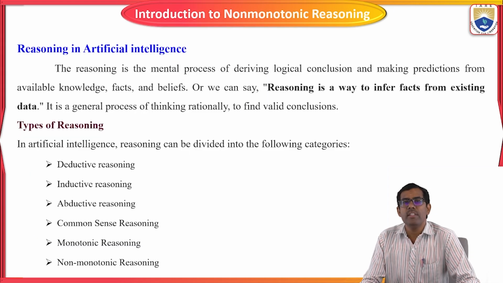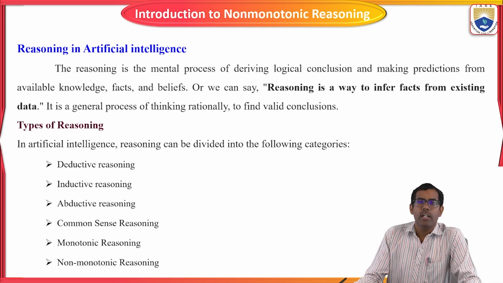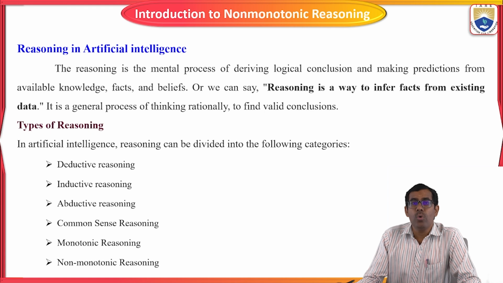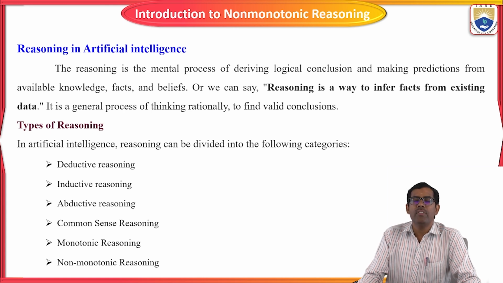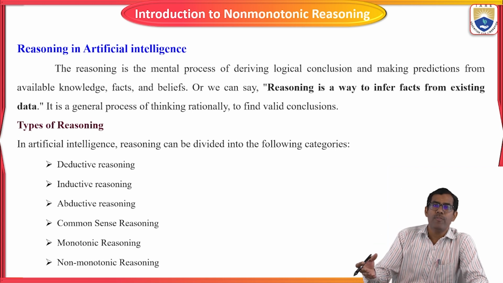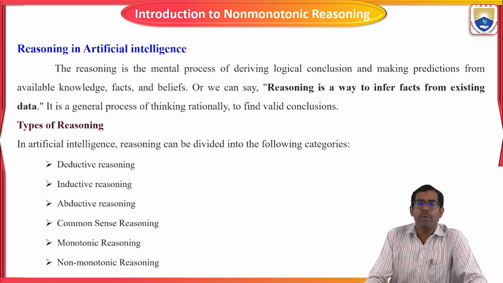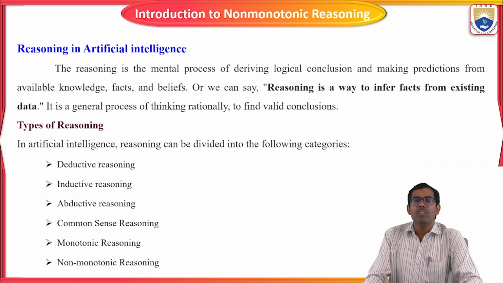So first, what is reasoning in artificial intelligence? Before we see monotonic reasoning, we first have to know what reasoning in artificial intelligence is. We have seen various problem solving techniques in artificial intelligence. In that, we apply some basic knowledge to solve a problem. Basic knowledge means that before solving one particular critical problem, we gather some information or input based on that problem, and then we find an appropriate solution based on the problem statement. So that is problem solving.